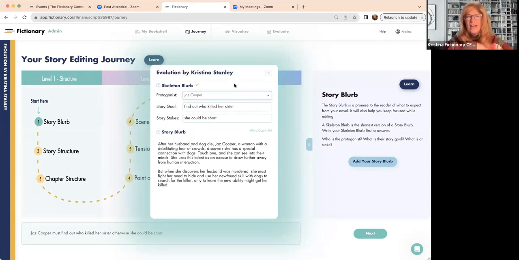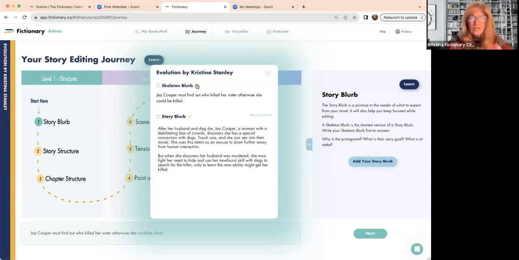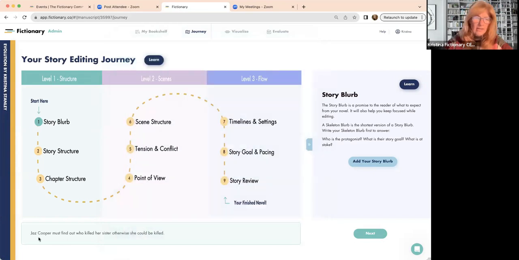So that you no longer have to go to the cast of characters to add your protagonist to your blurb. You get your story goal, and I don't know why she could be short here. That was just me. She could be maybe killed. I think I was goofing around with somebody. You click the question mark, click out of here, and then you see down here, your blurb stays here with